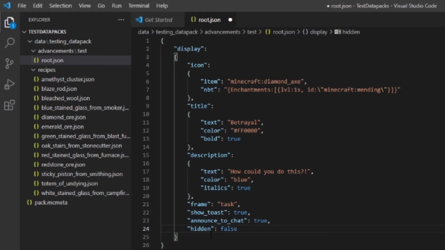This next part is only used by root advancement and doesn't have any effect on the advancements that stem from this first one, and that's background. Background uses a texture from resources to determine what the background of the page is. For example, the background for the adventure page is Minecraft:textures/GUI/advancements/backgrounds/adventure.png. We could actually use any texture in our resources to use as our background, as long as we have